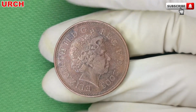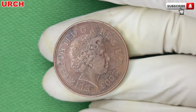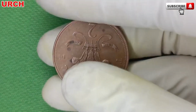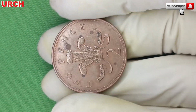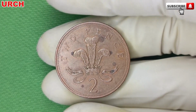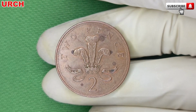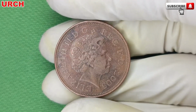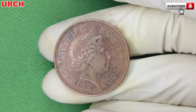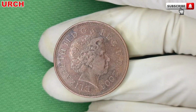This design had been used on the 2 pence coins since its introduction in 1971, and while it may appear routine, in the case of the 2005 issue, there was a subtle but critical difference. Only a very small batch of these coins were struck with what experts believe may have been either an incorrect metal composition or an unusual die error. Some of these coins appear with slightly off coloration, showing a golden or silvery hue instead of the usual copper-plated steel. Others show unexpected design anomalies, details that suggest they weren't meant for public circulation, or perhaps were test pieces